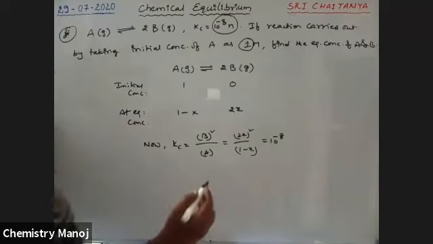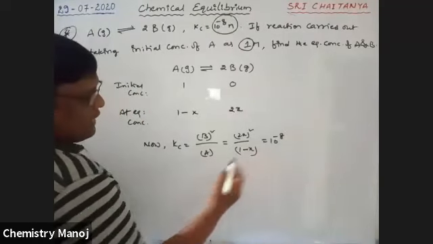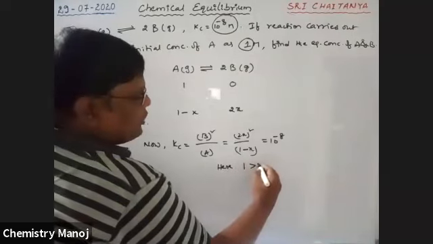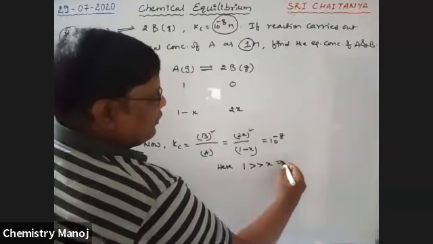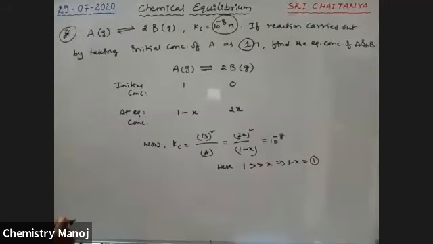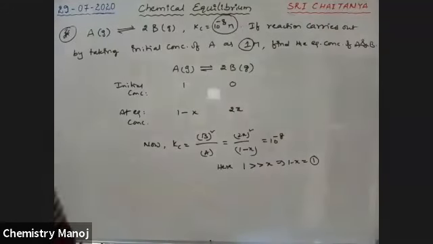Okay. Here, 1 minus x, when compared to 1, x is much less. Therefore, 1 is much greater than x. Therefore, 1 minus x is considered as 1, because x is negligible. So, to simplify the concept, therefore,